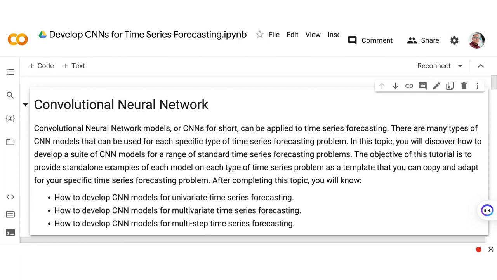Now, there are different types of CNN models. Among them are the popular models of CNN that have been used for image classification. If you are aware of some of the commonly used CNN models like VGGNet or LeNet.